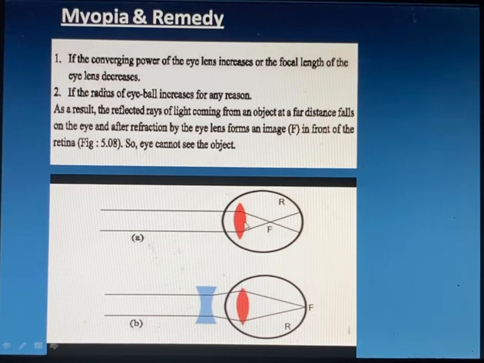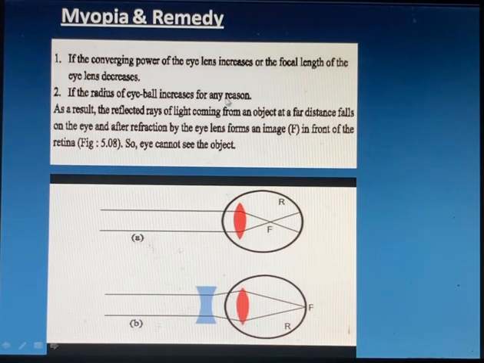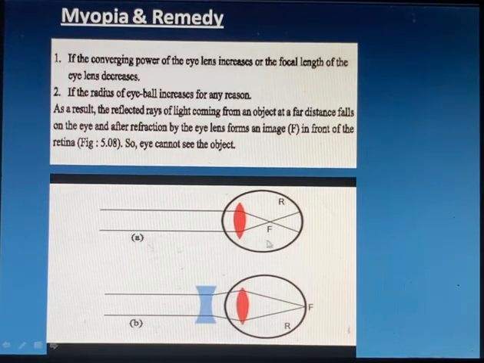So focal length decreases, and the radius of the eyeball increases for many reasons, like hypertension or insomnia, or the patient with diabetes or aged people might face this problem with myopia by increasing the radius of the eyeball. How to solve? Just opposite to hypermetropia, we can use the concave lens,